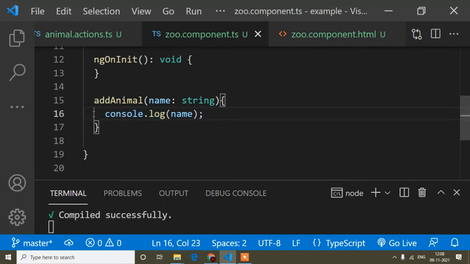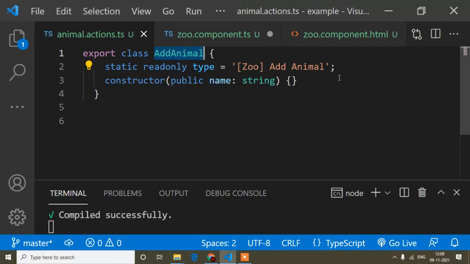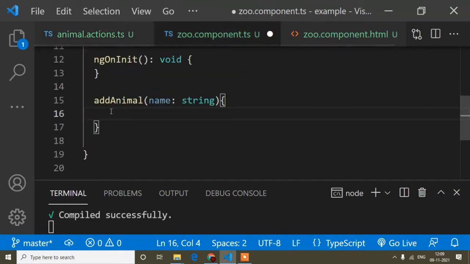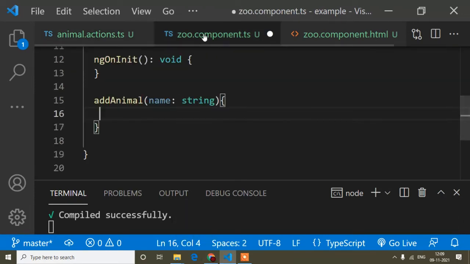So simply what I will do, I will close this one, right? And here I will not write it this way, I have to call this action. I had created this action, so I have to call it here. Everything will be perfect. I don't have to change anything, I simply have to call this action, otherwise everything will be the same. So now how can we call this action?